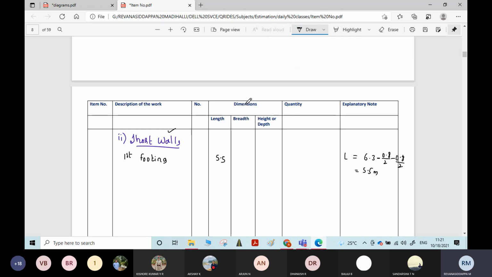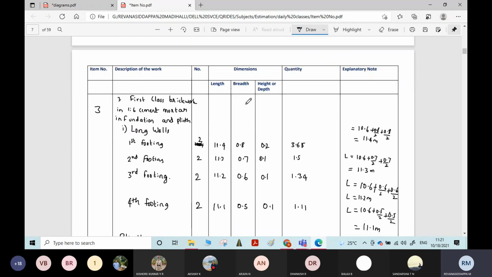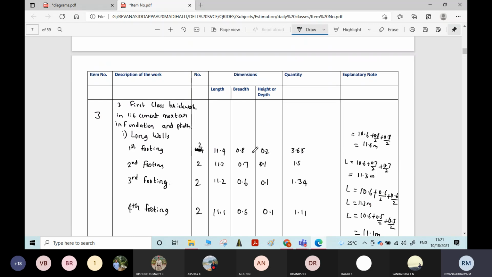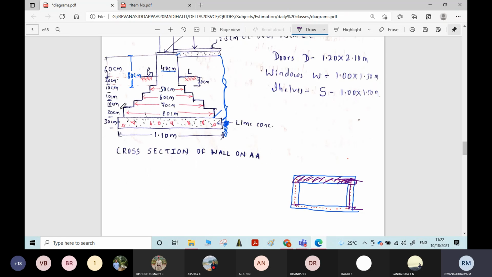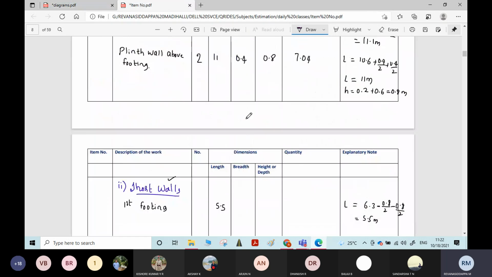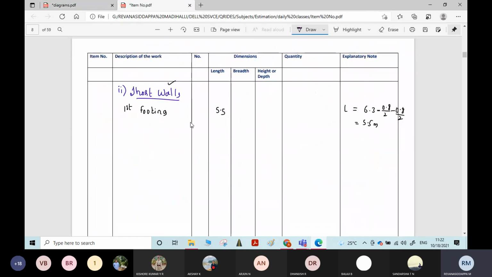And width and height remain the same. You can pick up the values from the previous calculation. Width and height of the first footing remain the same, 0.8 and 0.2. It will not change. You can pick up the values from the previous calculation instead of seeing the figure once again. 0.8, 0.2. What is the total quantity? 2.64. Similarly,